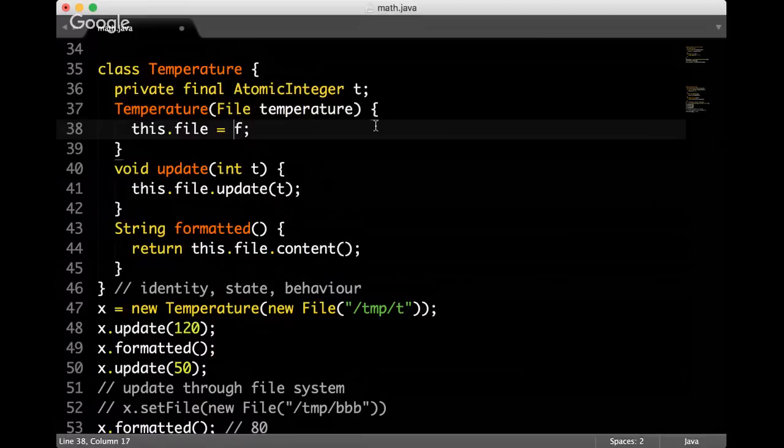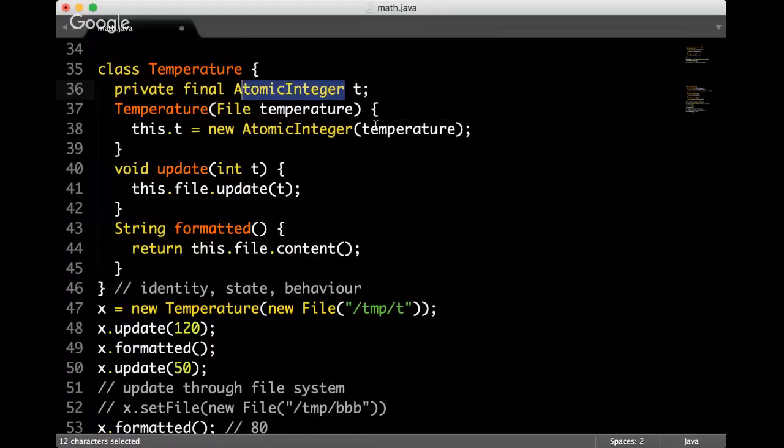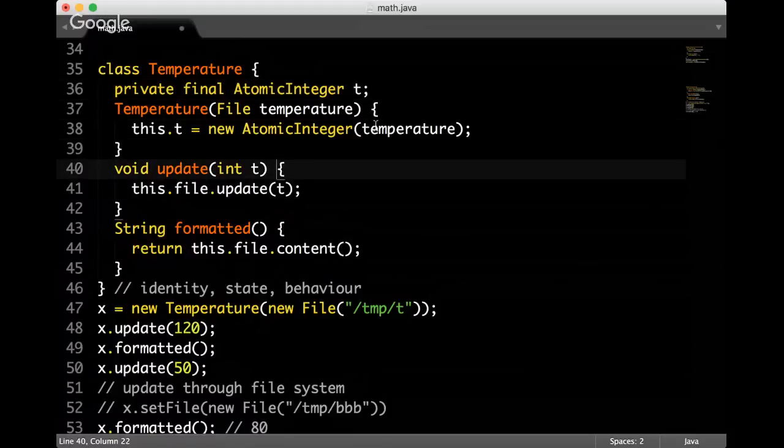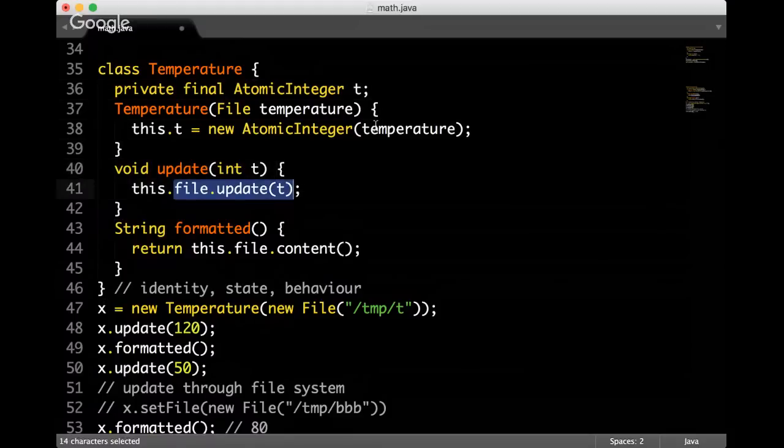Let's do it this way. I guess you know what this class is doing, right? Atomic integer. It's just a holder. It's a thread safe holder of an integer. And then when I say update t, I'm doing this.